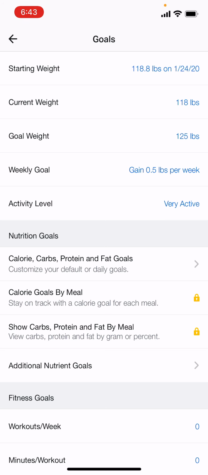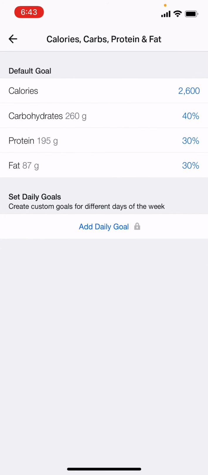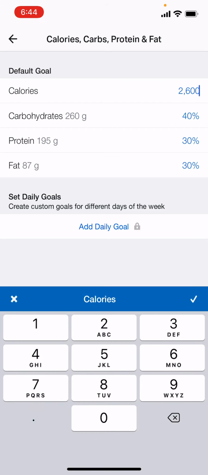And let's click on the first. And you will see here is where you can put your goals. So for me, my calories are 2,600. My carbs are 40%, proteins 30%, and fat. So let me just click on calories, and you can see you can add it right in there. So if I wanted to change it,